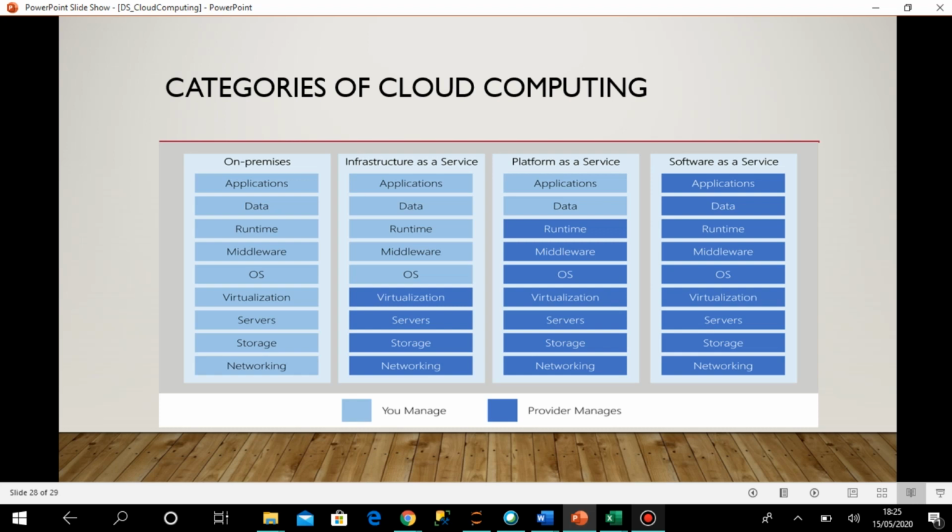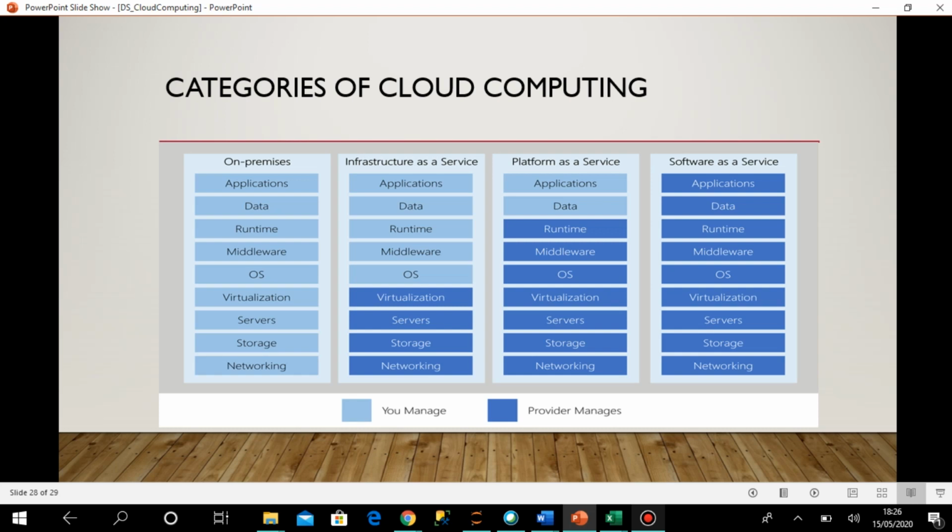It means I need to manage everything, starting from networking, storage, servers, virtualization, then the operating system, then any middleware, any runtime, everything. All the required hardware, networking, the operating system, and all the required software should be managed by us only when we are working on an on-premise server. There is no one to take care of it. The organization needs to take care of everything, data, applications, and so on.